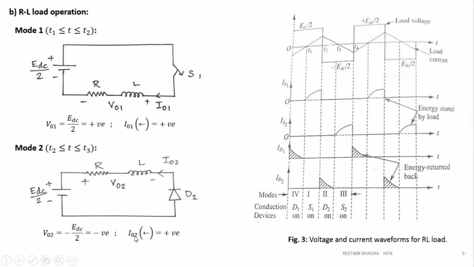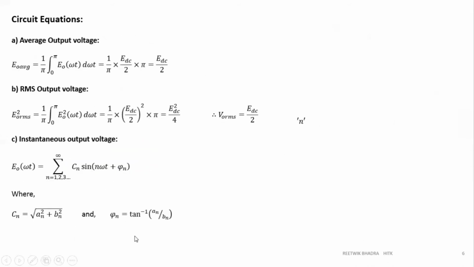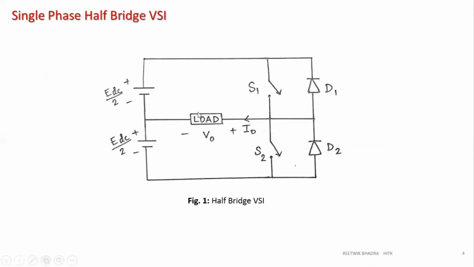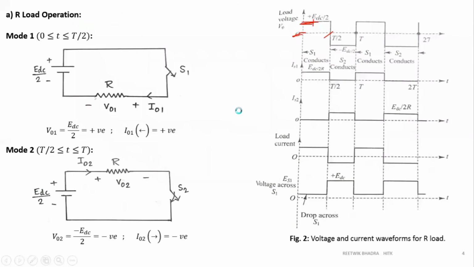Next, RL load operation. What happens in RL? Same type of operation. Now, since inductors are charge storing elements, the inductor in the load has to discharge. So there is the function of this diode. The inductor discharges through the diode and charges through the switches. Always I told you, you should remember: if a switch is connected, that means it charges. If a diode is connected, that means it discharges. This should be the concept in power electronics for any circuit. You can apply it in any circuit. In DC to DC converters also we had applied this technique. So we'll go to RL load.